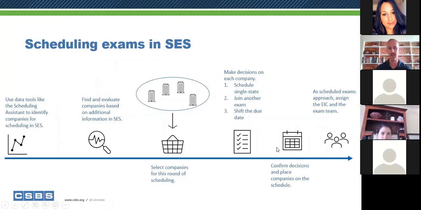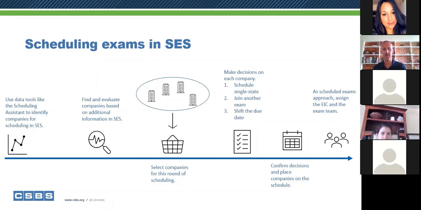The next step being the checklist here. The next step is really where all the magic happens. That's where you'll open each company's tab, and you'll take a look at what's going on with that company in the other agencies and all the other states in the country. And when I say what's going on, I mean, does any state have a scheduled exam of that company? So right away you'll see, oh, my friends up in New Hampshire have an exam scheduled for this company. Maybe I should join that exam. That could be something you consider.